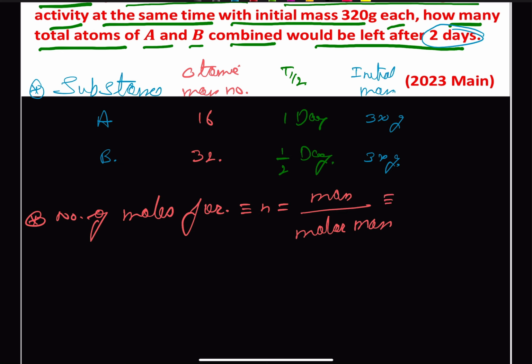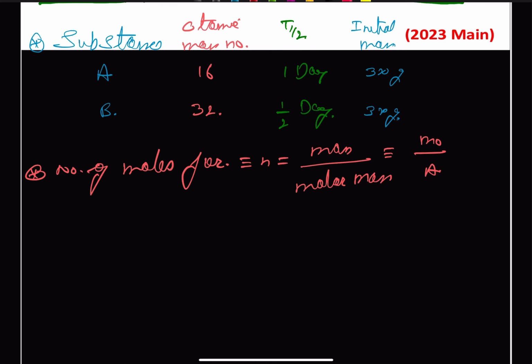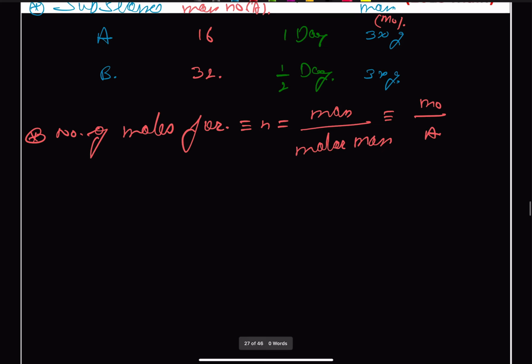Or we can say mass is, let us suppose, m0, and molar mass is our atomic mass number that is given to us. It is also represented as A, and this is our m0. Therefore, for A, we can write Na will be equal to m0, given as 320, divided by 16. So from here we get 20 moles,